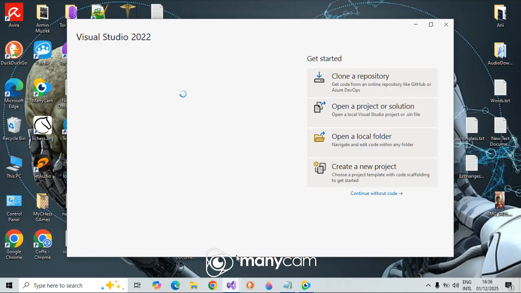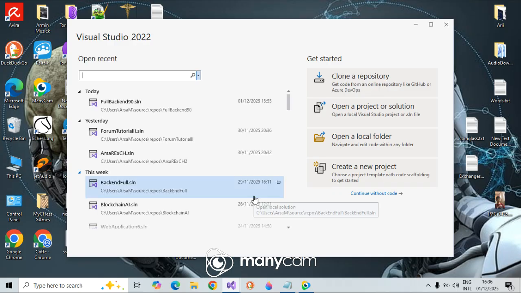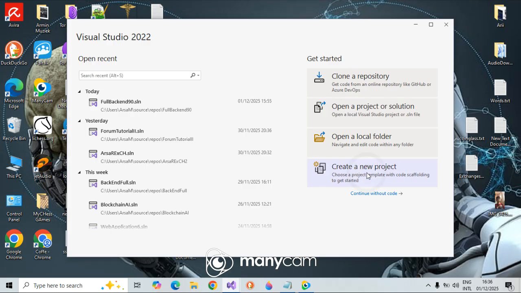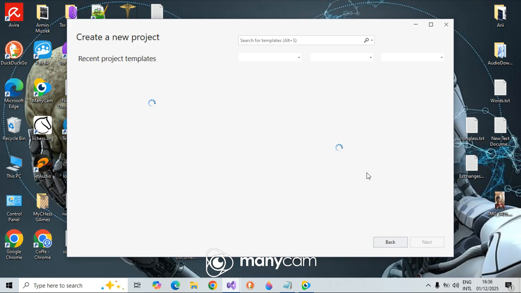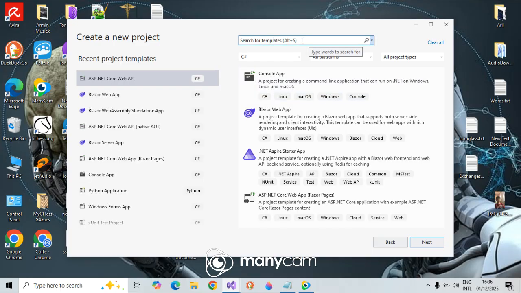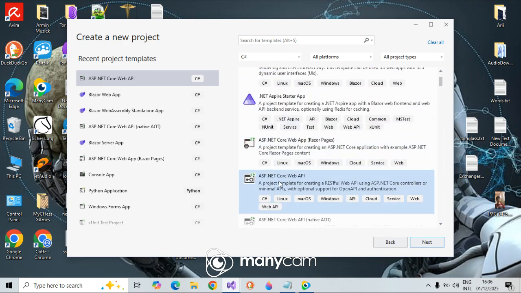Okay, this project is two sides, server side, and for the front side we go for Blazor WebAssembly standalone. And let me show you. If I click here to create a new project, we see different options. Here you have to choose ASP.NET Core Web API. If I click on next,